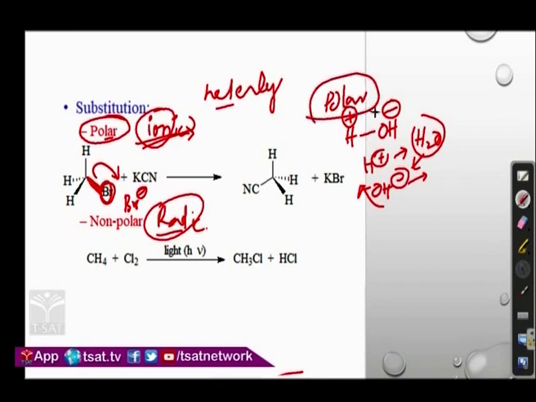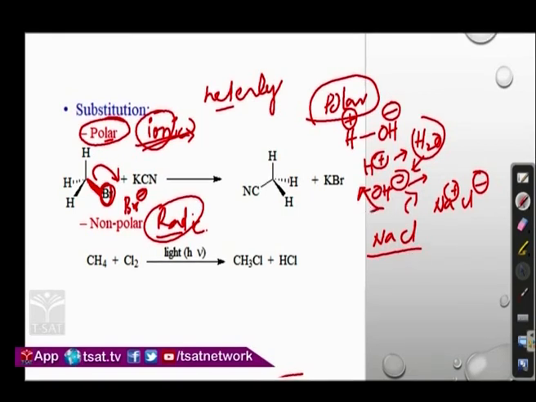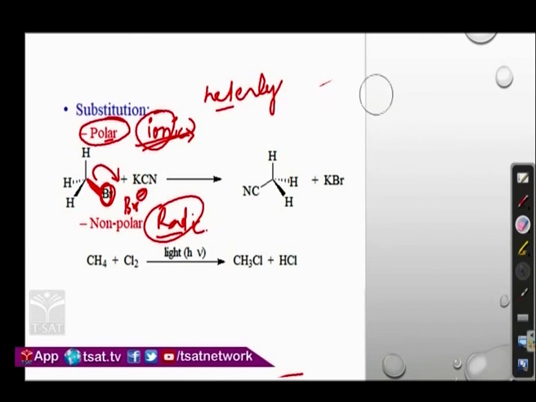So the nature of a polar solvent is that if you dissolve any substance or salt in the polar solvent, it is going to ionize and form two poles or two ions. A real life example: if you dissolve sodium chloride in water, which is a polar solvent, it is going to give two ions, sodium plus and chloride minus ion. If the type of solvent we used or the bond breaking pattern is heterolytic, this kind of reaction is going to happen.